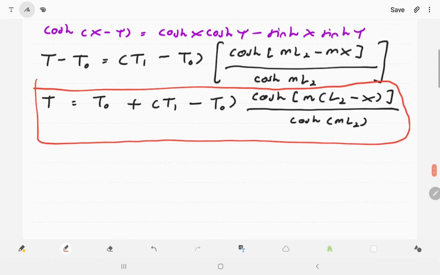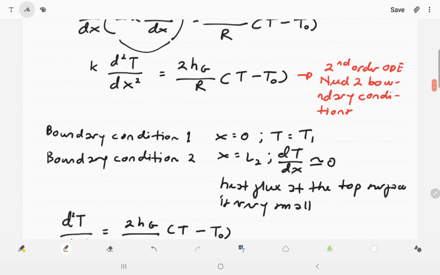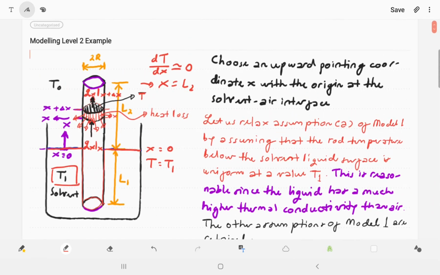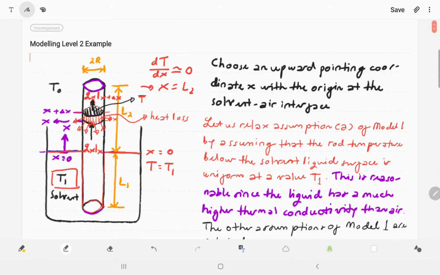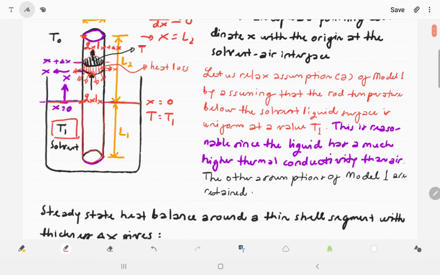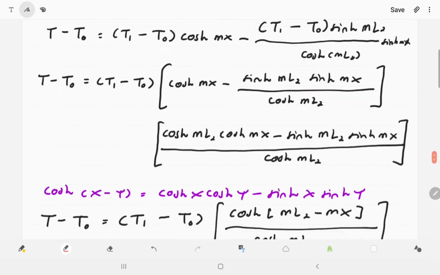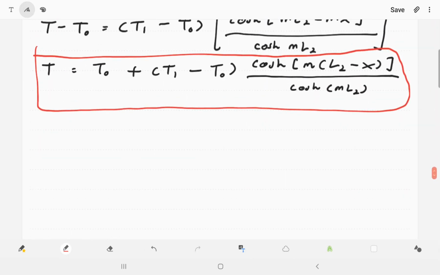above the solvent-air interface. So you essentially have the expression for the temperature in the rod from this point here through this point here. Okay, with that expression of the temperature, what you can get next is the heat flow,